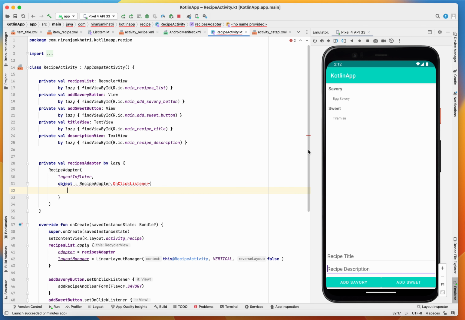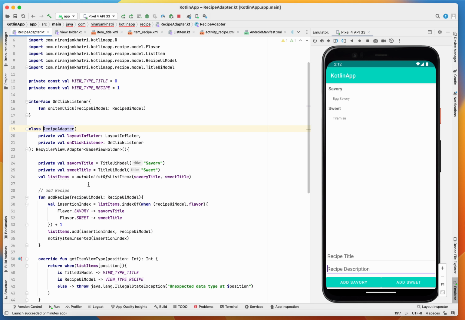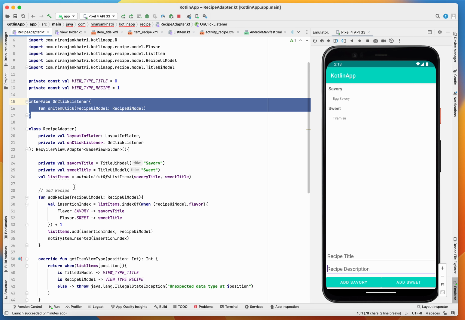Recipe adapter. Okay, yeah, because actually it was